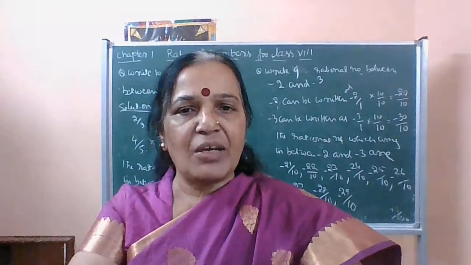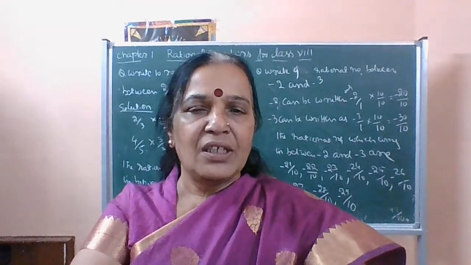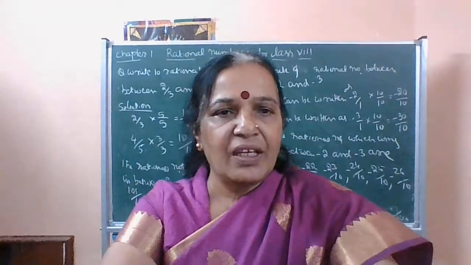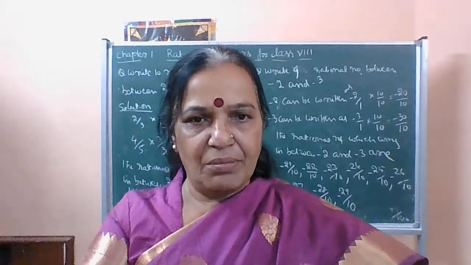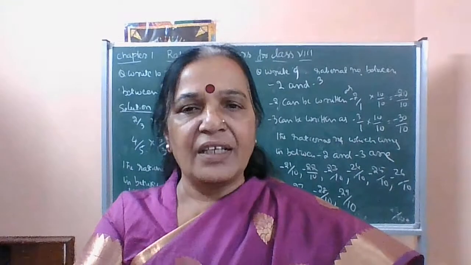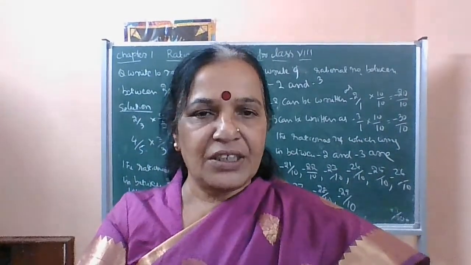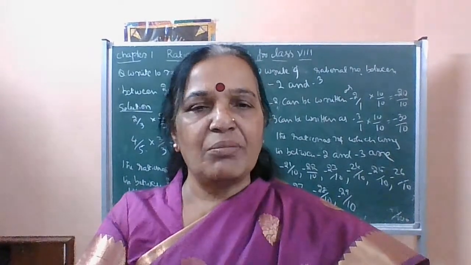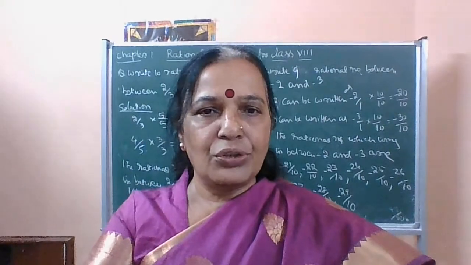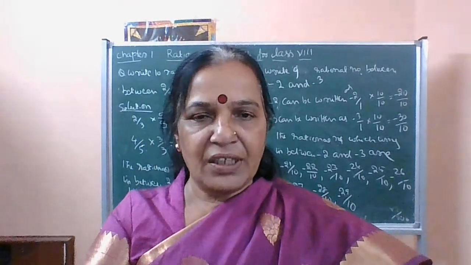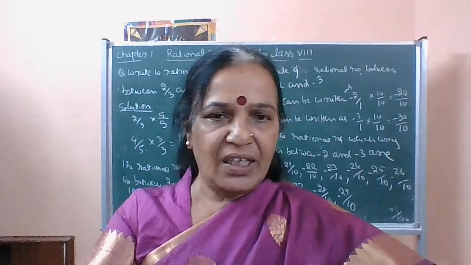The first step is making the denominators same, that is, making like fractions and multiplying numerator and denominator by the same number. This is one method, and there is one more method of finding the required number of rational numbers which come in between. That we are going to do in the next video. And one more concept is there, that is